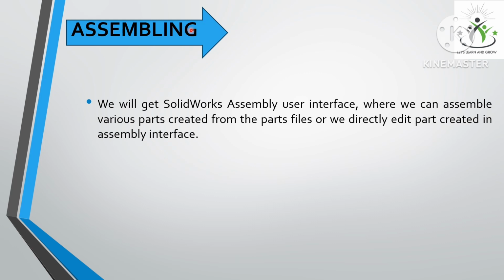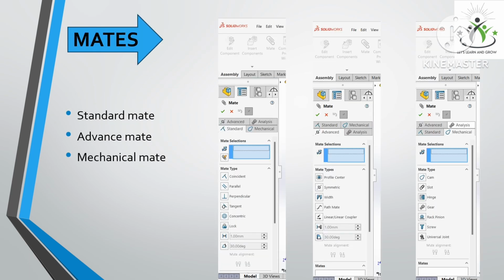So, assembly is a basic introduction. We get the SolidWorks assembly user interface where we can assemble various parts created from part files, or we can directly edit parts in the assembly interface. As I have already discussed, in assembling we assemble the different parts that we have created in the part section. So we assemble them in the assembly section. And now mates. Mates are an important part of the assembly interface. Mates are used to join the parts